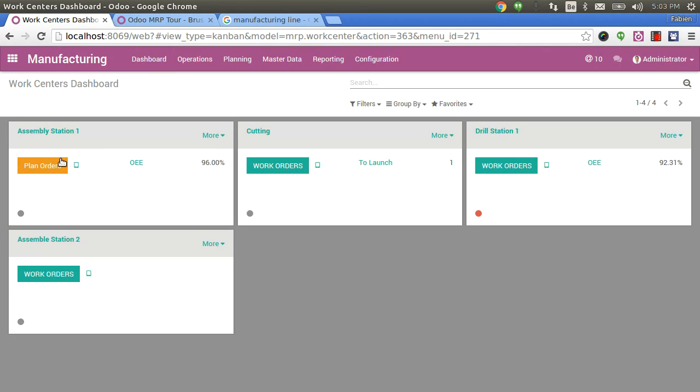So you can see here that for the manager in his dashboard, he sees that, hey, there is a problem here. We need to plan more orders because this guy has nothing to do. So that's why I have an orange button with plan orders instead of the usual green one. So you see the information flows automatically. That's very easy. I get the worksheet from the manufacturing engineering. The manager gets informed because there is a problem or thing like that. You have seen the red,